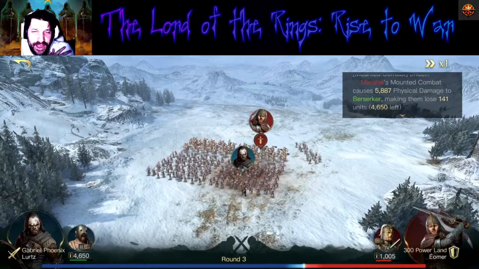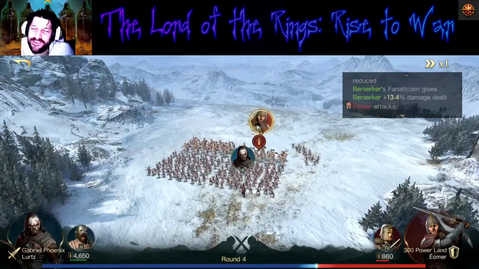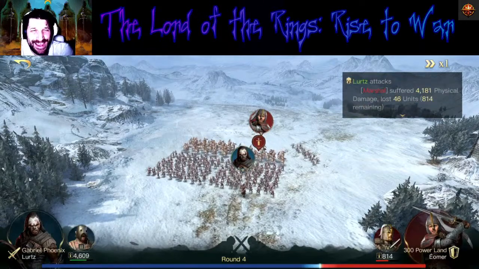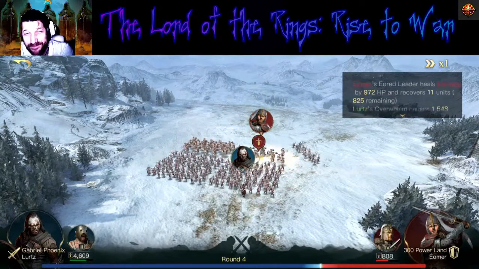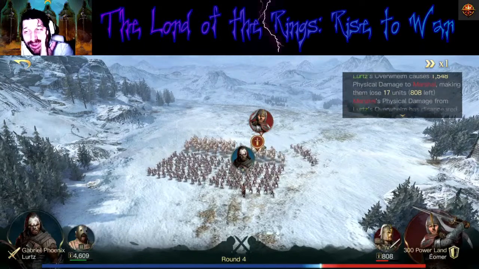So he does 5,800 on me. We do another 13,000. That's a ridiculous amount of damage. If you guys are seeing the damage that these Berserkers are doing, and they're cheap, you can make a lot of them. You can fill up a whole team. I got 6,000. You can do a lot of damage